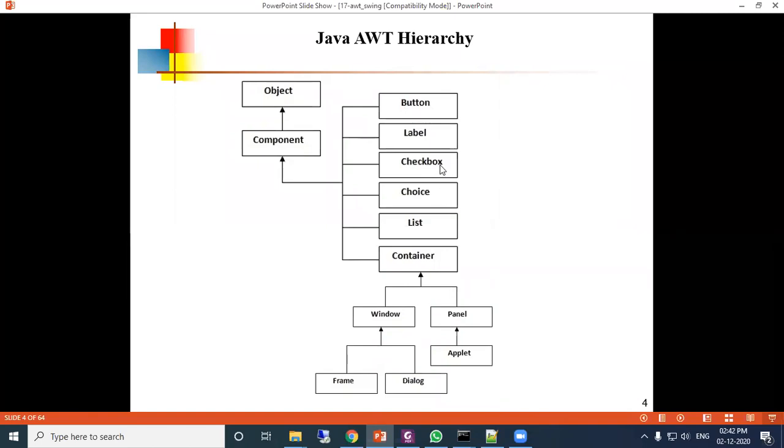Checkbox is a tick mark you can mark. Choice means option buttons, 1, 2, 3; whatever choice you choose out of these. List means some items are there, and you choose one from the list. Container has multiple types of items, that is Window or Panel. Window contains Frame or Dialog, and Applet is inherited from Panel.